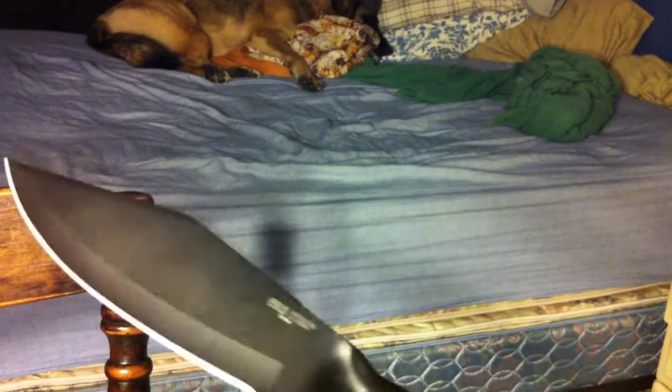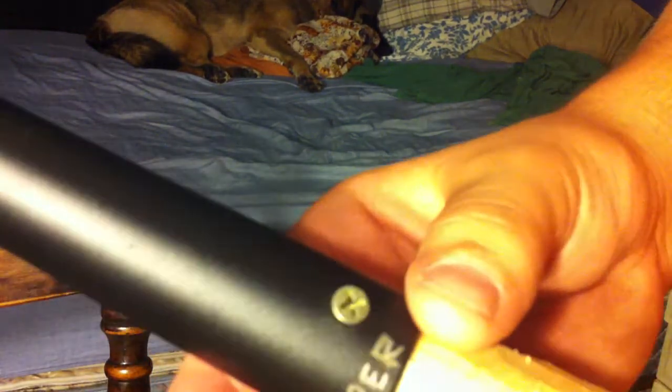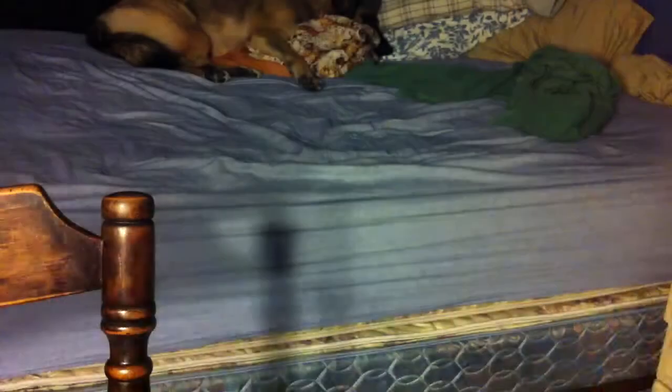And this dowel was about $10 at Home Depot, and it works nice. I've thrown it a couple times. It throws pretty good, and it just screws right into it. It has a hole in the blade already. Screws in there, rock solid on there. I don't have to worry about this coming off. And I just shaved it to get it on. So yeah,